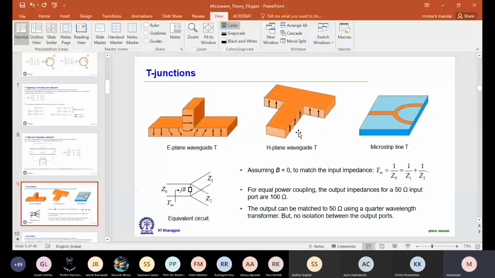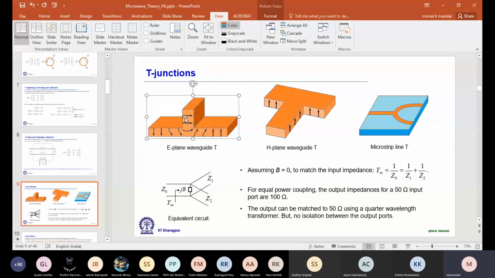These T-junctions are available in the TEM form as well as for rectangular waveguide. So now inside rectangular waveguide, you know that it supports TE10 mode. At least we use only TE10 mode. Now, if you look at these two different waveguide sections, waveguide T's, you see they have different properties. Let's say for the first one, this top port I am considering as the input feed port.